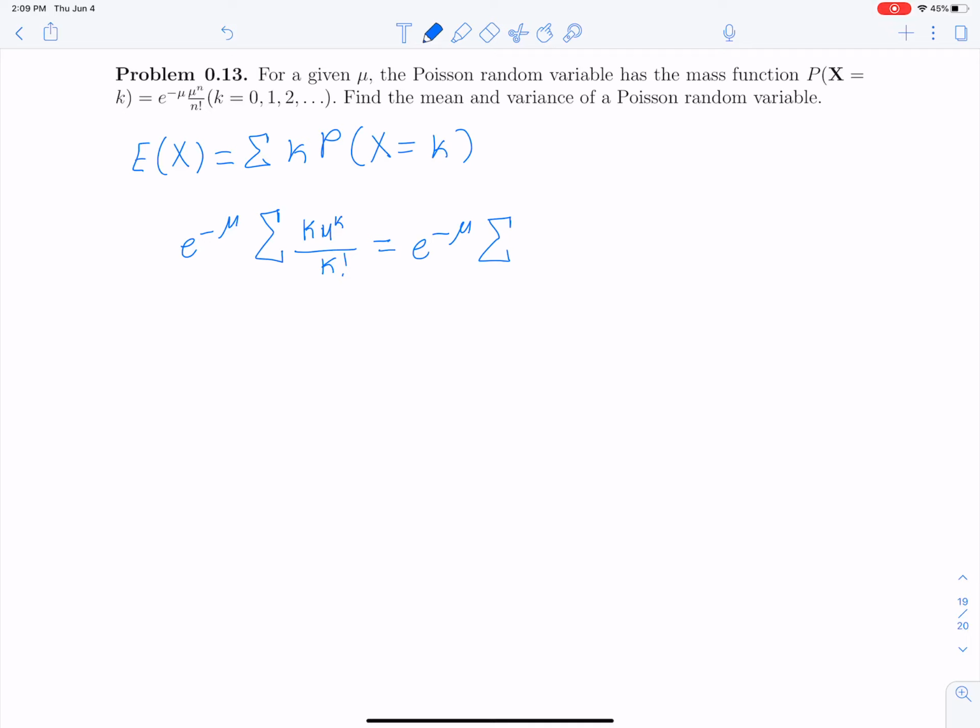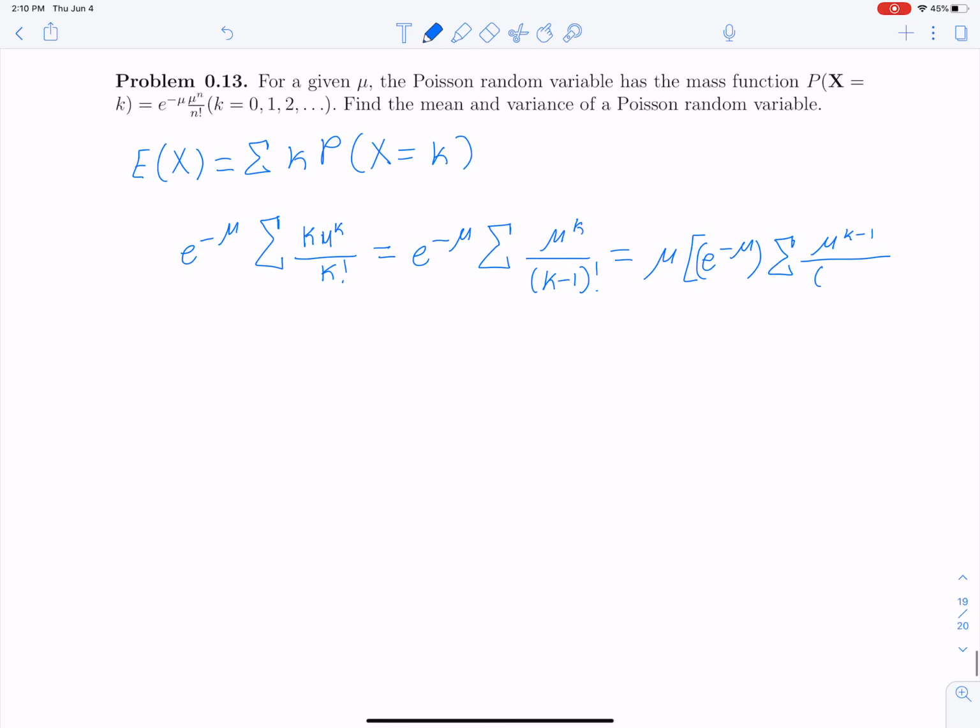So we would end up with mu to the k over k minus 1 factorial. Because if you recall, I can split up k and then k minus 1 factorial so that those k's would cancel out. And then we would be left with mu times e to the negative mu, parenthesize that, times the summation of mu to the k minus 1 all over k minus 1 factorial. So I pulled out a mu from up here, because if I put that back up there, it would just be mu to the k. So now that would leave me with,